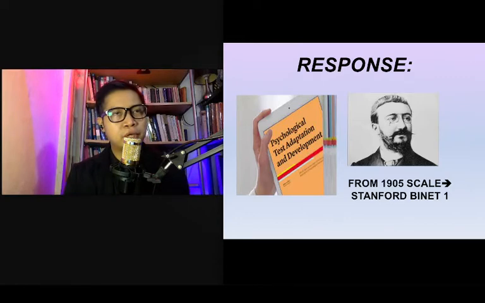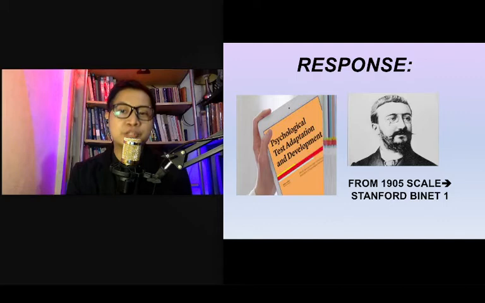Pero nung in-import nila yung test, ginamit ba agad nila? Hindi. Inadapt muna nila yung test to be more appropriate to their population. Kasi hindi naman sila mga French eh. Iba yung French, iba yung American. So, they wanted the test to be more Americanized. Pinalitan yung language, pinalitan yung mga items, most importantly, pinalitan yung norm. Sino ang gumawa ng lahat ng yan? Sa dulo ng dila ko, sino nga ba gumawa nun? Gumawa niya si Louis Terman, who was then a teacher in Stanford University.